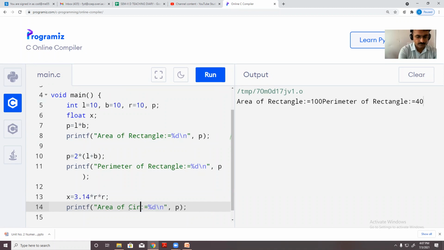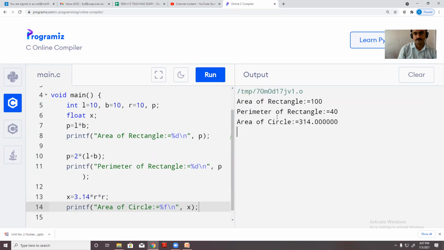Now as I have taken this x as a type of float, I will use format specifier %f and print the value. Okay, so I got this answer, because 3.14 into r into r, that is 100, so the decimal has shifted.